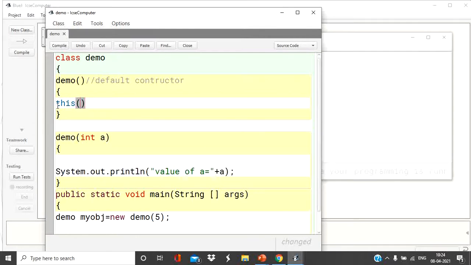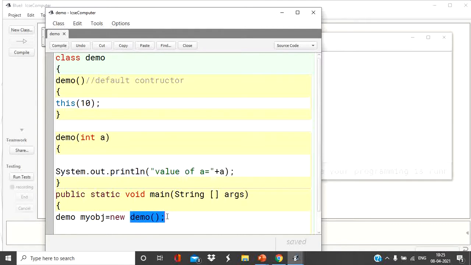If you pass a value here, suppose you pass 10, it means we are going to call the parameterized constructor, not the default constructor. If you don't give any values, you are calling the default constructor. If you pass a value, you are calling the parameterized constructor. So we have simply created the object for calling the default constructor.